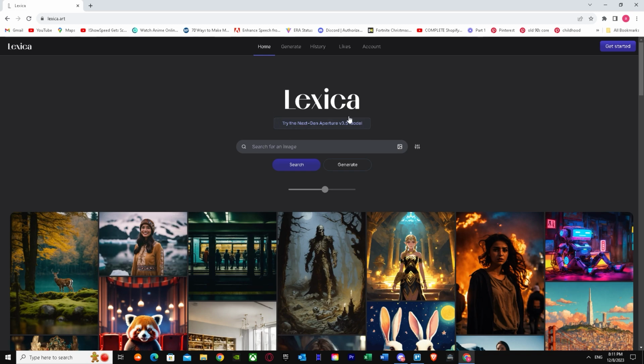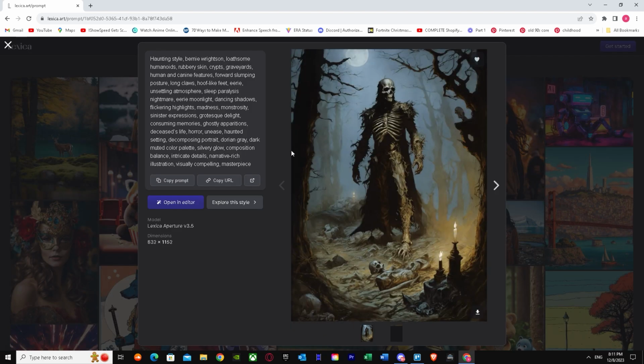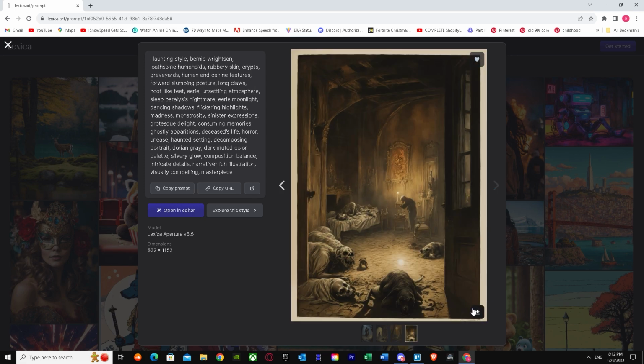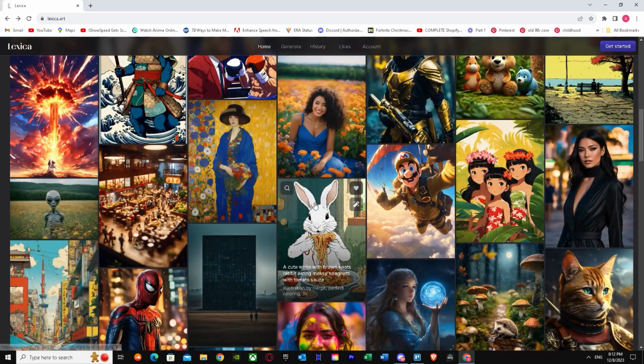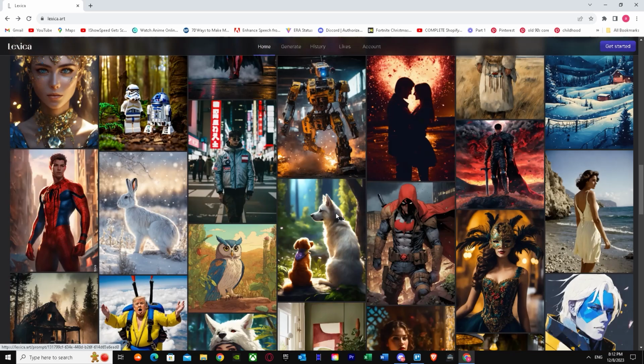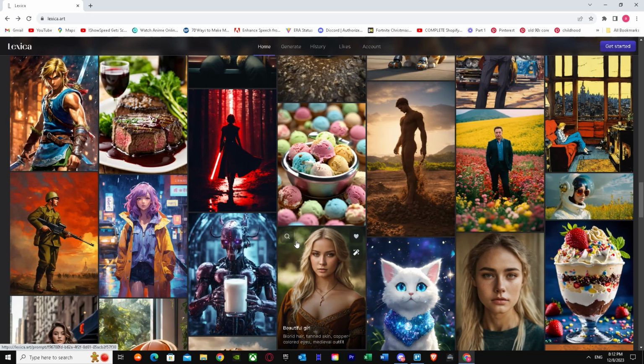This is an image generator which uses AI, and as you can see, there are many examples that many users have created, just like this one. You can copy its prompt, and I'll show you how to use other prompts later and what you can do with them. By the way, you can download everything from this, and it has no copyright. I'm going to show you every feature and how you can use Lexica to generate images. First of all, let's scroll through the pictures to show you the idea of AI